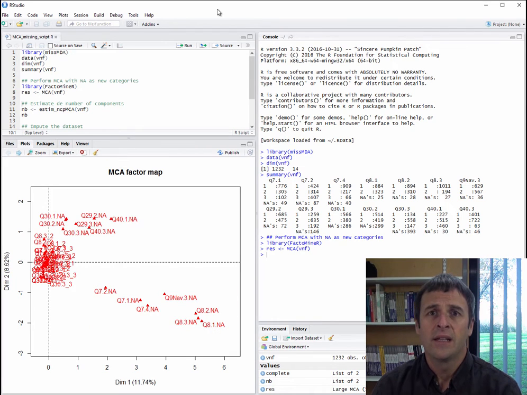What we are seeing here is the structure of the missing data, that is, for which variables the unanswered questions are related. These unanswered questions rather characterize the first dimension, and there is another group of them that instead characterizes the second dimension: the questions Q30, Q29, and Q40.